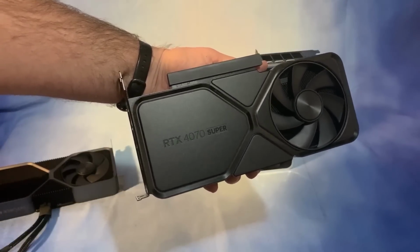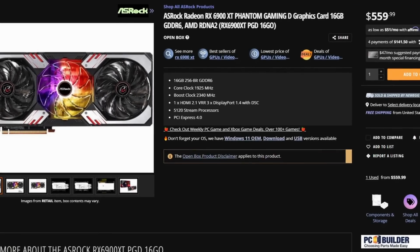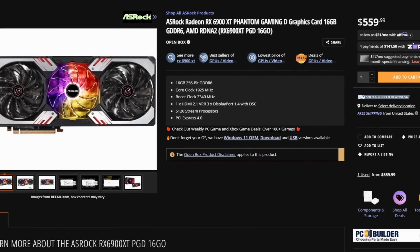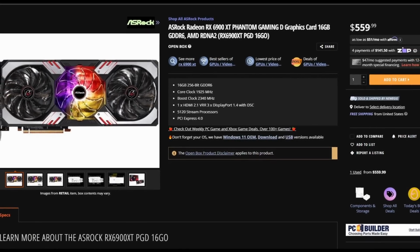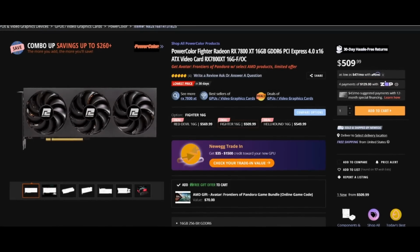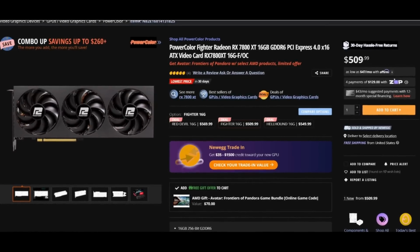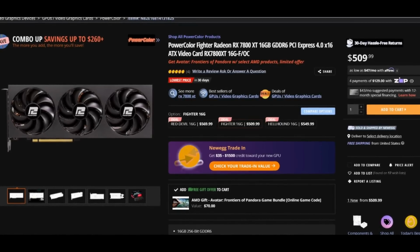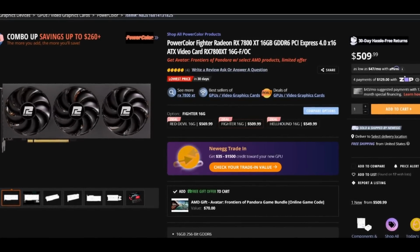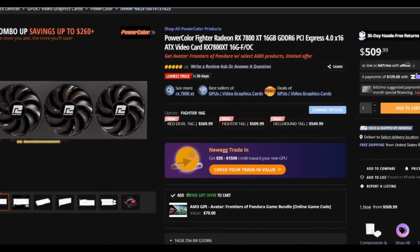Is this card worth $600? If we go on Newegg, we can see that the 6900 XT is selling for $560 new, and that will perform about the same as the 4070 Super. Now you can find a 7800 XT for $510, with a new Avatar game included as a nice bonus. If the leaked slide is correct, then the 4070 Super should only be about 2% faster than the 7800 XT